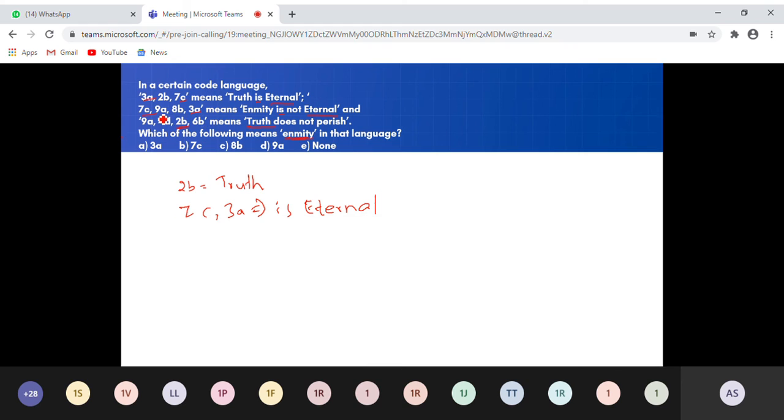What's common in these two? Again, there is 9A and 9A. And if we take out "not" and "not", what is left here? That's enmity. And what is it coded as? 8B. So answer option C, 8B is coded as, sorry, enmity. 8B is coded as enmity.